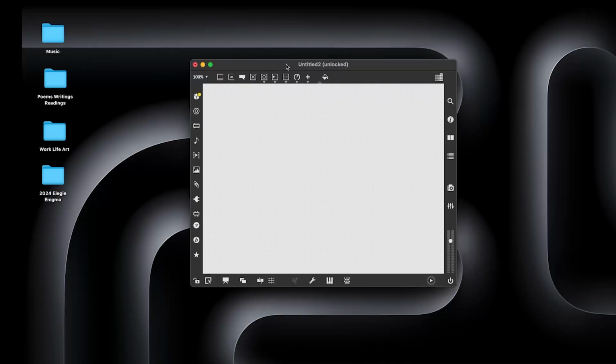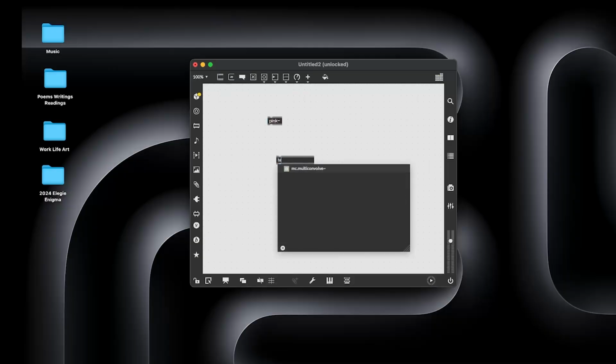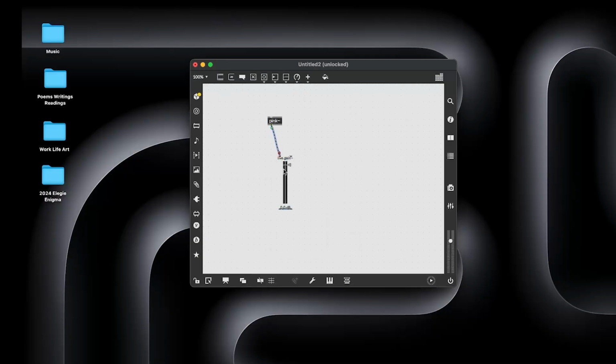So once we have chosen our audio device and made sure that our I/O is configured correctly, I like to create a quick speaker tester to make sure that we're getting sound out of the correct speakers. To do that, I will create a pink noise. I will also create a live gain. I will connect the pink noise to the live gain, and then I will create a DAC. I will bring the live gain down before connecting it to the DAC to make sure that there are no audio surprises. The next thing I will do is create a message with a set,